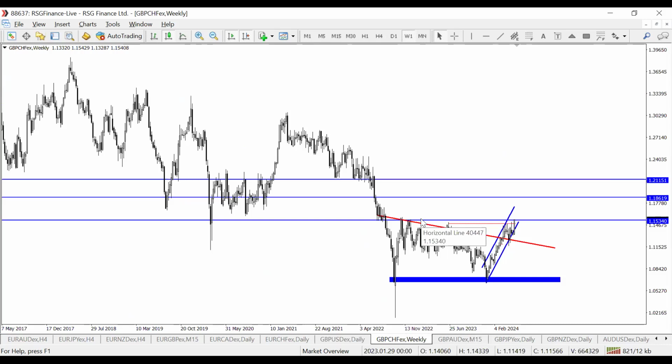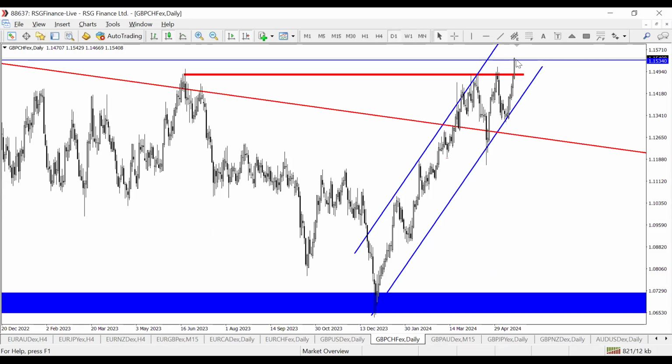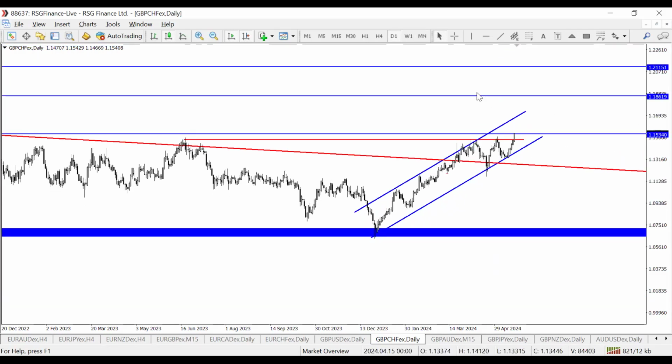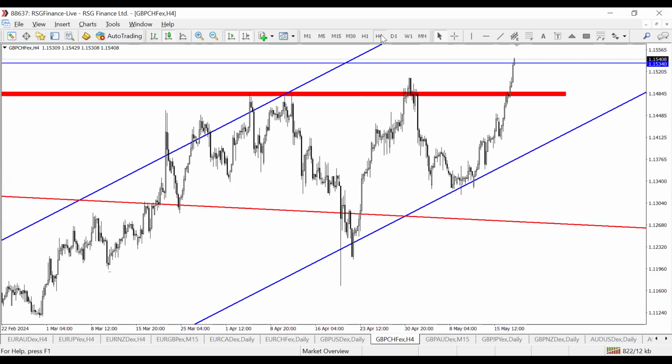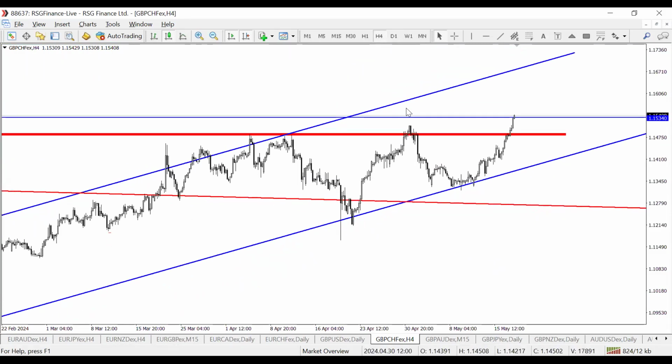Now let's look at GBP Swiss franc. On this pair, you can see how strong the pound is, really smashing through all of the key levels. Look at that momentum. This is on a weekly time frame, so anyone trading this has to be position trading, or you could come down to lower time frames to find those entries. On lower time frames, in this case H4, what we're expecting is that price should make it to the upper boundary of this channel.